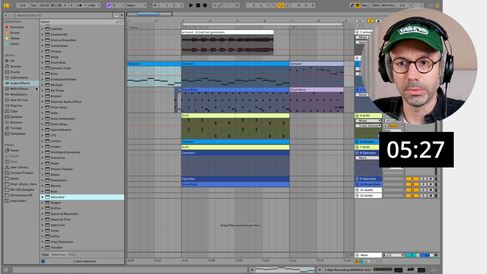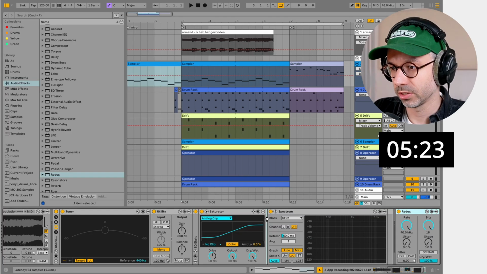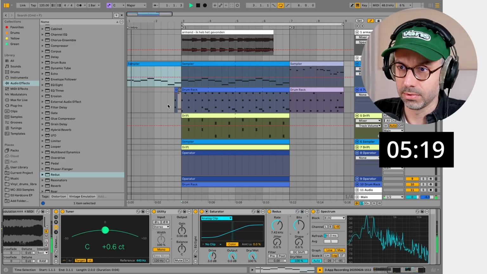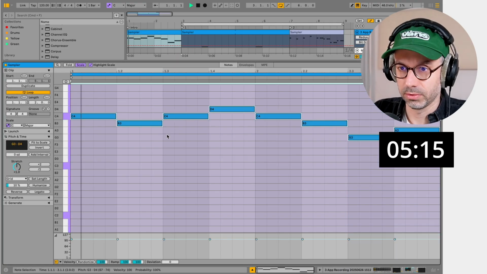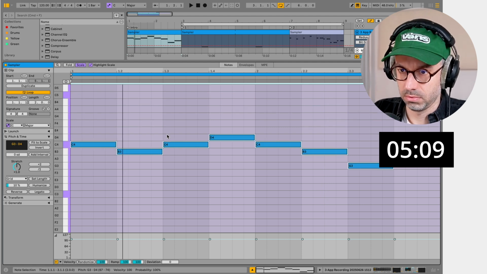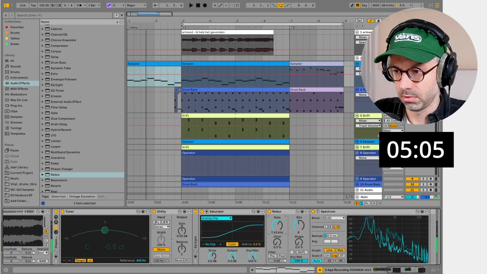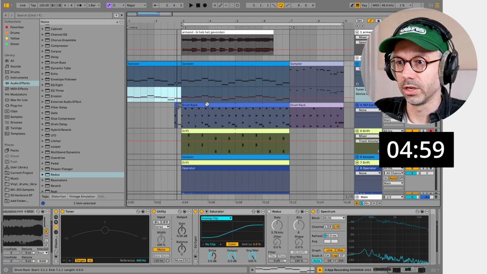So for the intro, maybe we add an effect to change the sample. So let's do a redux. Let's put it quite low, maybe 8-bit. And maybe change also the pitch. So let's turn off the redux for the